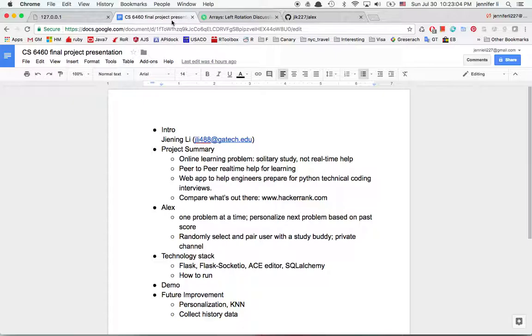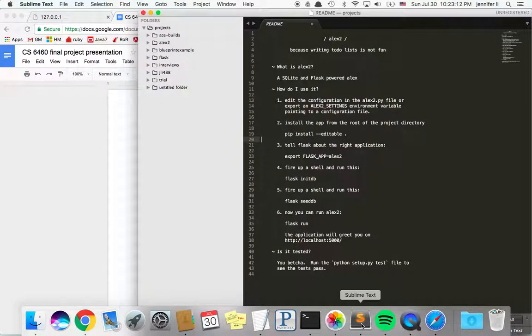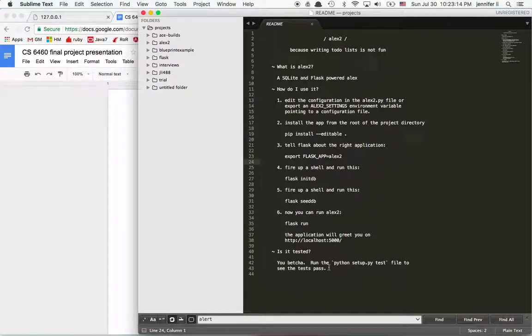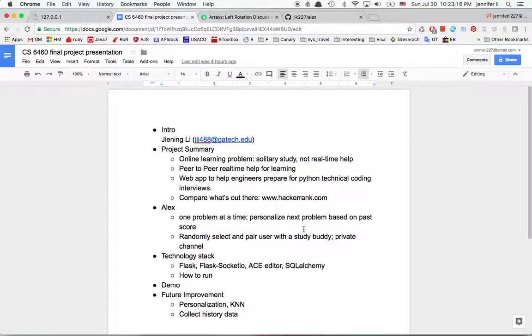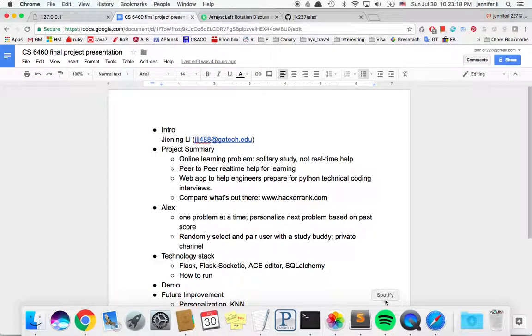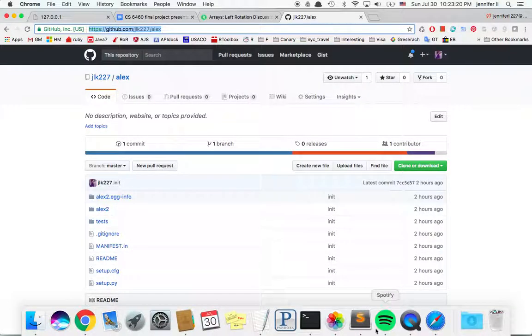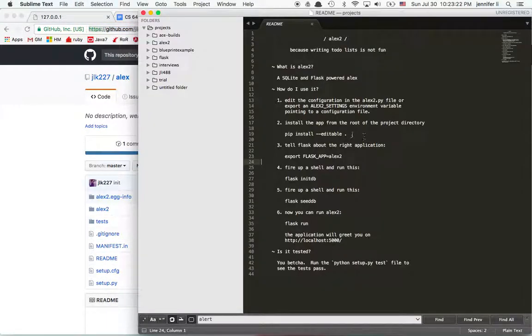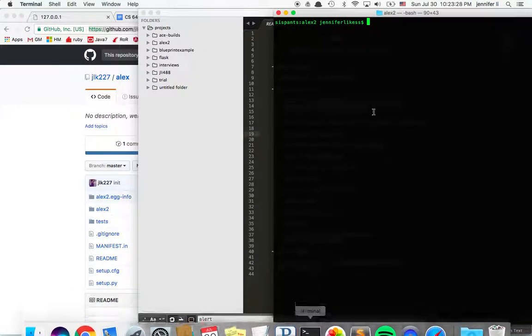The technology stack I use is Flask, FlaskSocketIO, Ace Editor, and SQLAlchemy. Here is how to run it. I think I have a pretty good README. I'm going to link my GitHub in the description, which is here. But yeah, here in the README, there's how you're going to install packages,